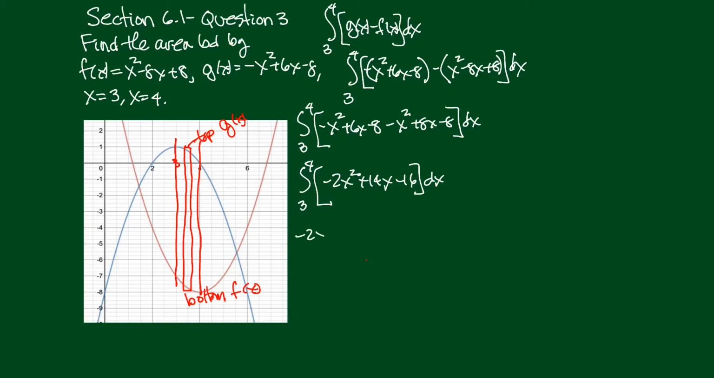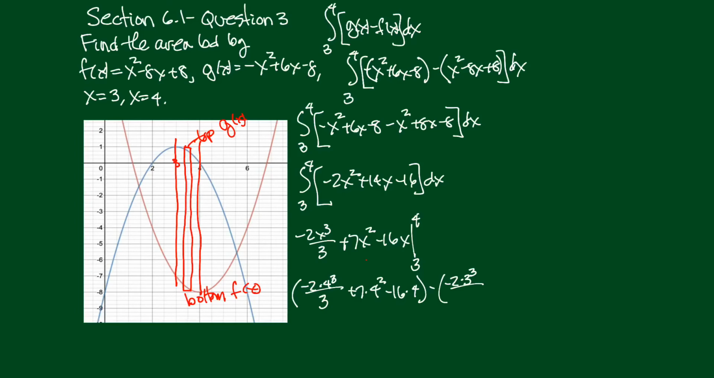Let's integrate, so we'll get negative 2x cubed over 3, plus, now this is 14x squared over 2. The 2 will divide into the 14 with a 7. 7x squared and minus 16x, all from 3 to 4. So let's put in the upper limit. We'll get negative 2 times 4 cubed over 3 plus 7 times 4 squared minus 16 times 4, minus, put in that lower limit, negative 2 times 3 cubed over 3 plus 7 times 3 squared minus 16 times 3